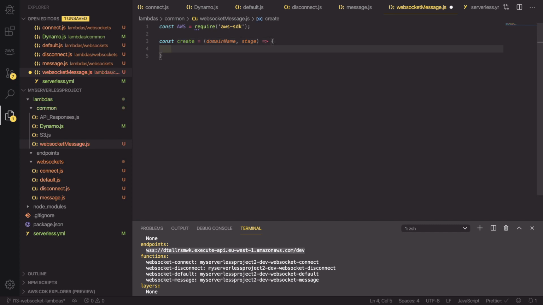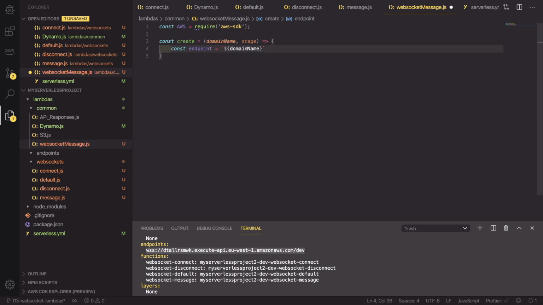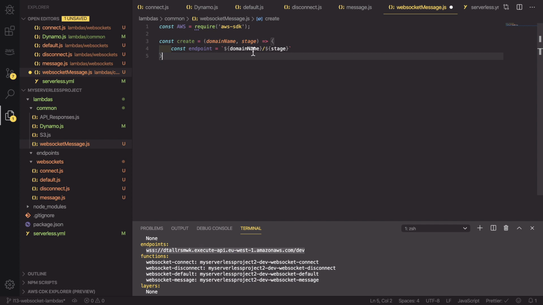And inside this function, we first need to create an endpoint. So const endpoint equals, and this is an amalgamation of the domain name and the stage. So I'm going to use string templates, and it is domain name / stage. So this is going to generate a URL for us, and then we need to return